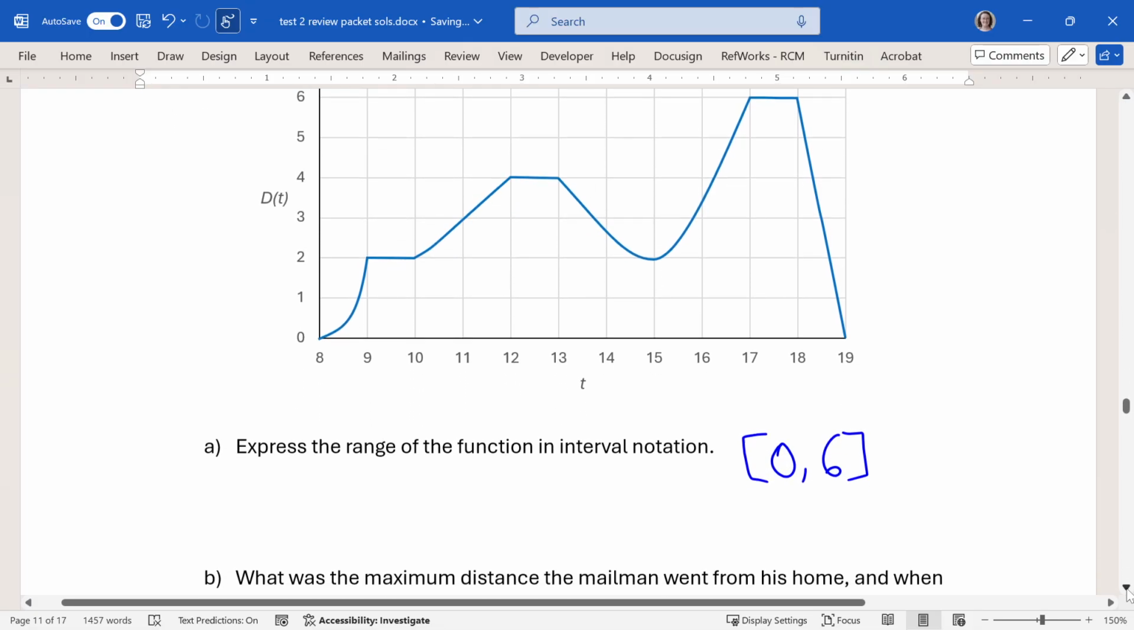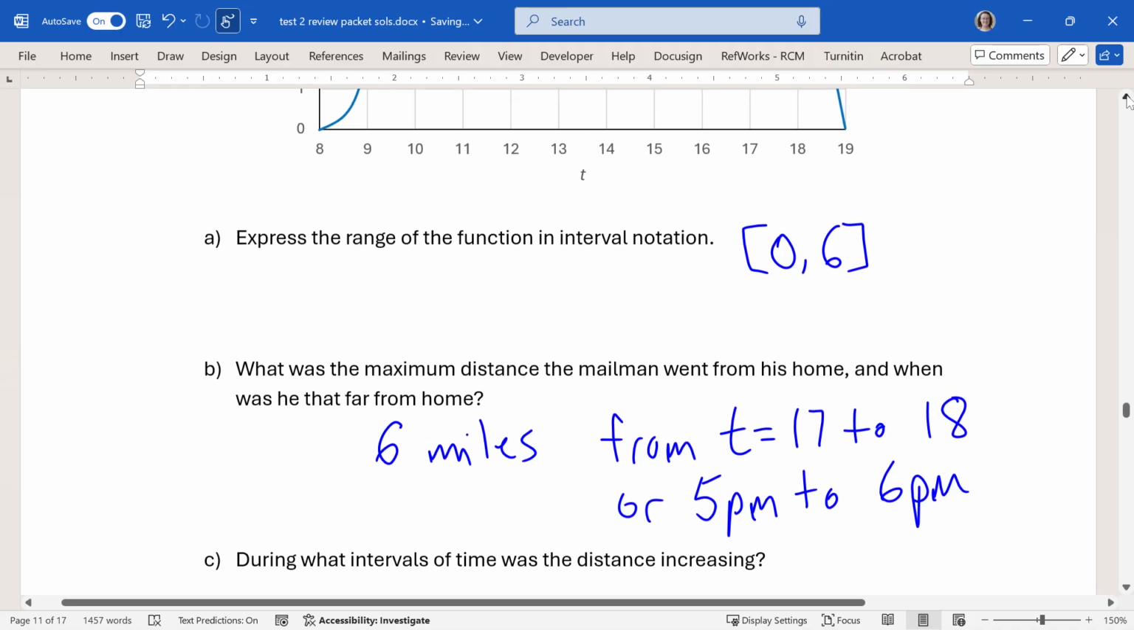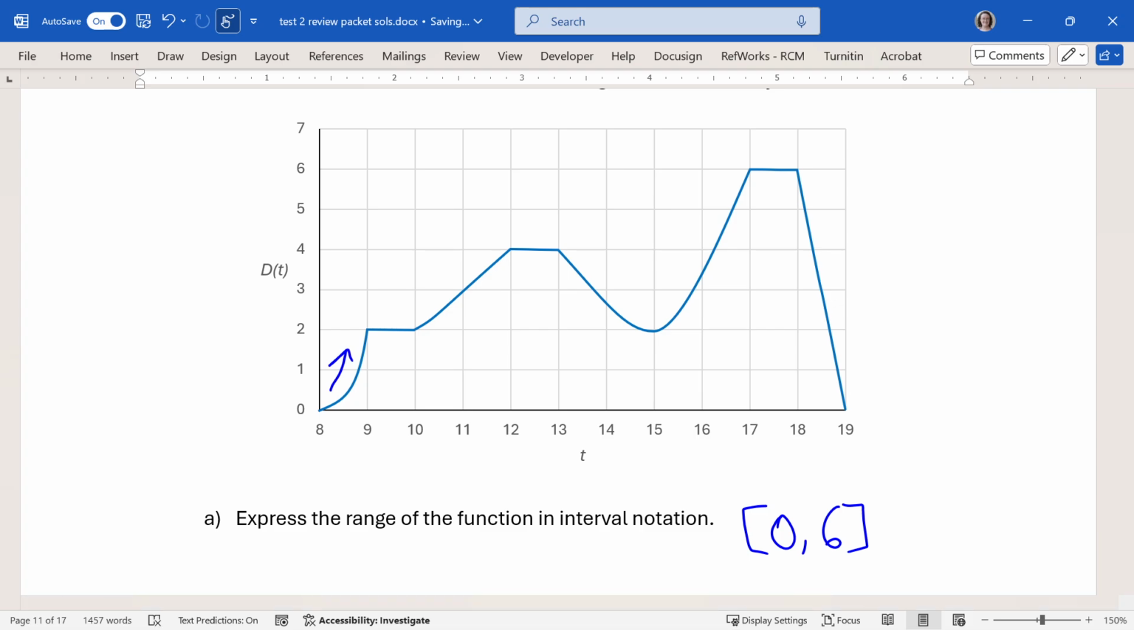Okay, so part C here. During what intervals of time was the distance increasing? So we read increasing and decreasing from left to right. So it's increasing on this interval here, where it's going up from left to right, and then also here, and then here. So those intervals are going to be right here from 8 to 9, from 10 to 12,